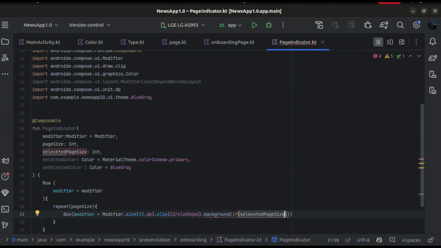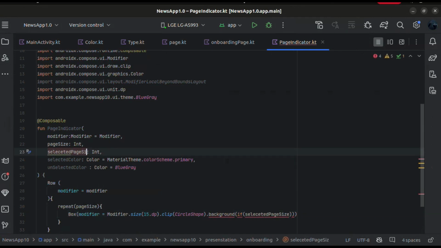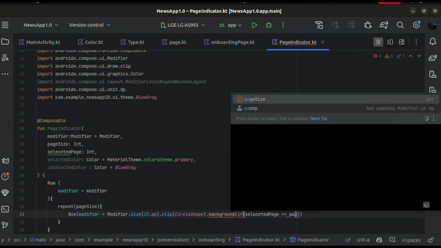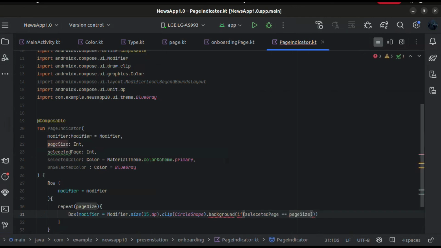If selected page, this one is selected page, not page size. If selected page is equal to page size,